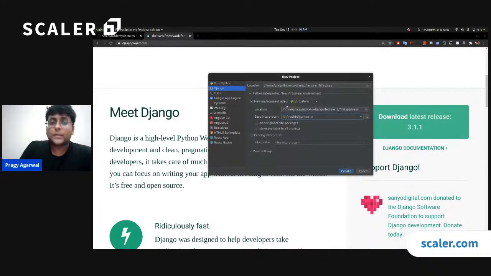So PyCharm will automatically create a virtual environment for us. Right. So we looked at virtual environments in the previous lecture, in which we talked about how to organize files and how to work with virtual environments. Right. So it will automatically create a virtual environment for us at this location. Inside the first app folder, it will create a folder called venv, and it will put a Python 3.8 virtual environment over there. Perfect. So the moment I click create,